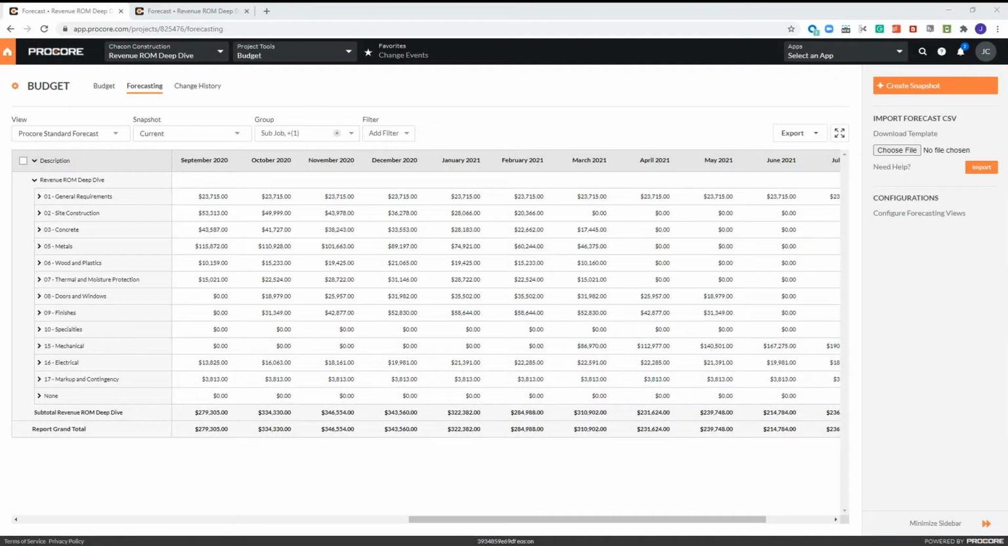Do you currently know how much cost you should expect each month of your project, or how much you should be billing your client to remain on schedule? The new advanced forecasting feature allows you to define a duration for each budget line item and then apply an automatic smart curve or a manual distribution to create a monthly projection to keep your projects on track and on